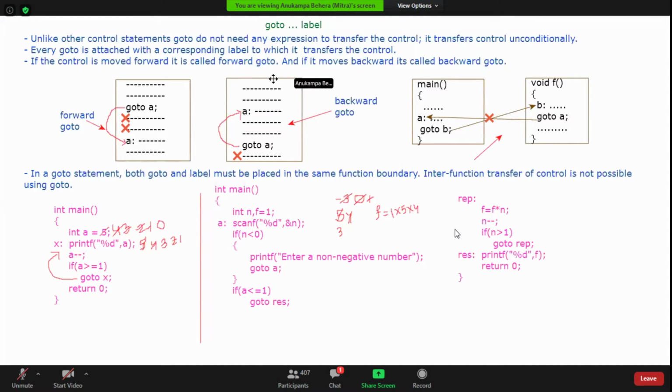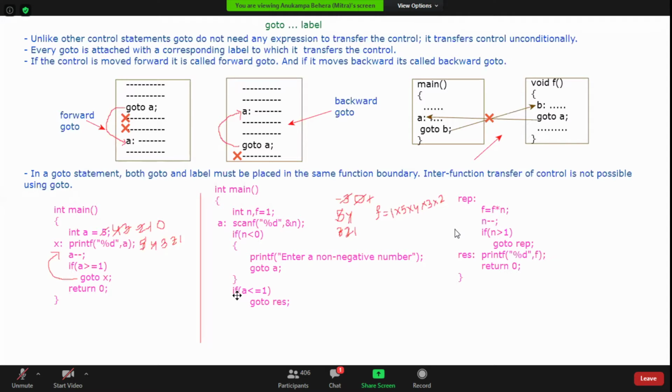Then into 3, into 2, then this becomes 1. Then it will not work any more. So it will print percentile d, f. How much will it print? 5 into 4 into 3 into 2 into 1.